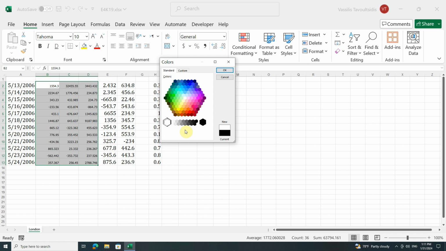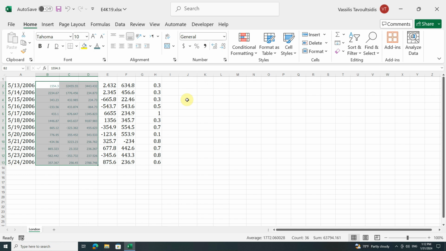If the range of colors here do not satisfy me, I can select any color I want from the Custom tab. From here I can click inside the colors and drag. Now it seems like the color does not change because the regulator on the right, which sets the intensity of the color, is set to the maximum. I will reduce it to about half, and I will click again inside the colors and drag. As you can see, the color is now visible on the bottom right corner. I will leave the color I randomly selected, and I will click OK here,